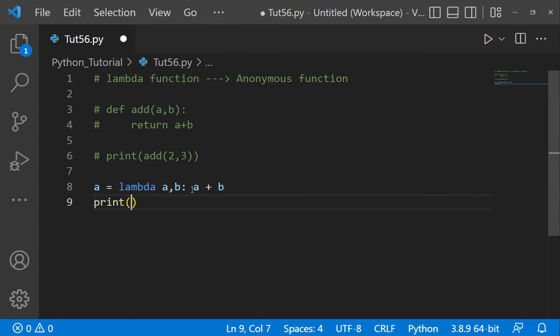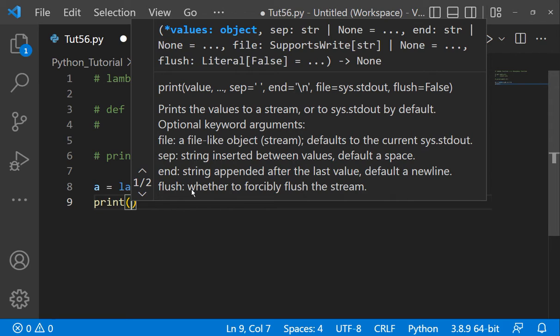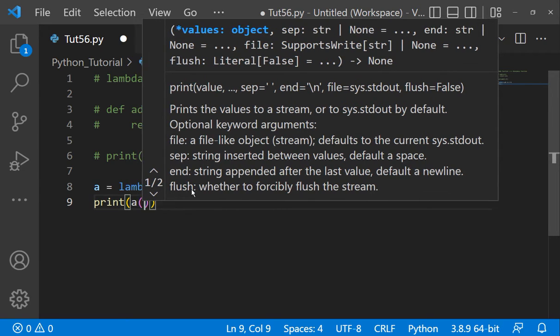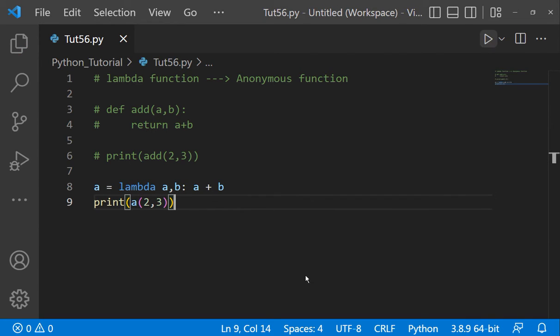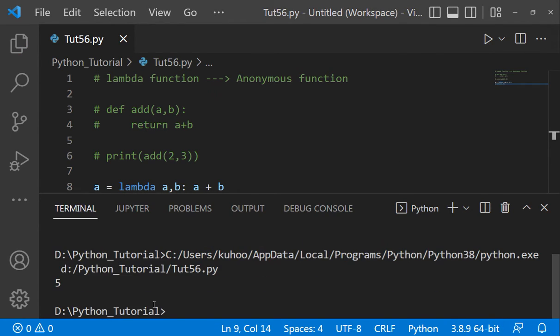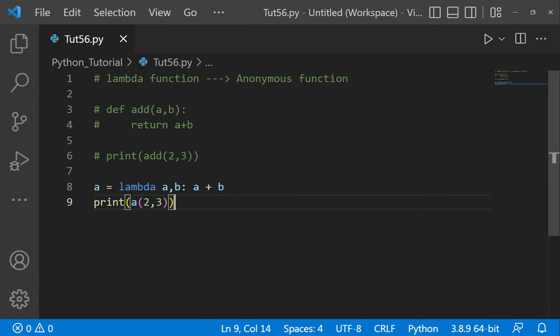Now if I print add 2 comma 3, see, it is giving 5. So this is how we make a lambda function. We first write lambda and then we give the parameters, okay, and after putting a colon we tell the function what we have to do. Okay,